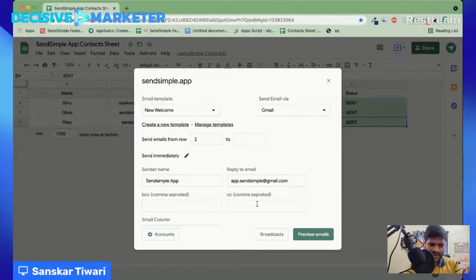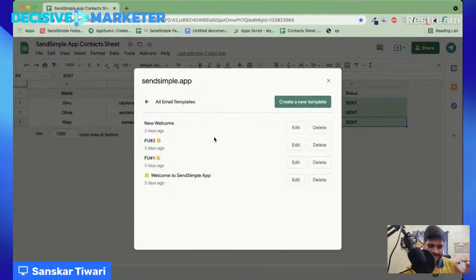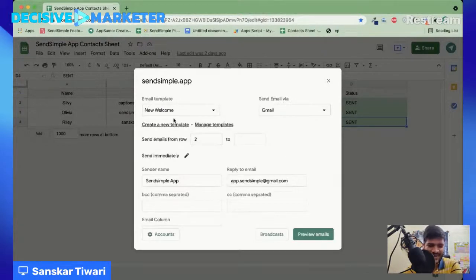Overall, I'm not sure how complex it looks, but the whole purpose of SendSimple is to make this as simple as possible. As you can see, the first thing is the email template. The email template is basically the email which you are going to send. You can create an email and keep it saved, so that if you want to use it later in the next campaign, you can do that as well. That is why it's template based rather than just write it down and send it. You can have a whole templated list so that you can send the same later. You don't have to write the same thing again and again.